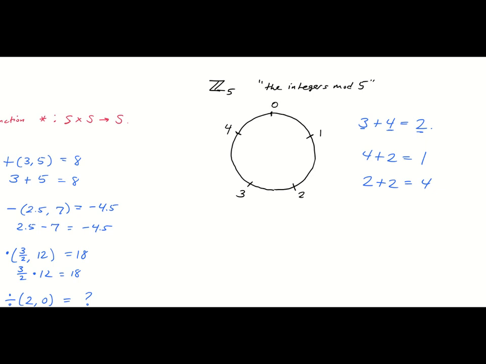But the reason I'm introducing this operation, so this is an operation on a finite set, because this set only contains 5 elements, 0, 1, 2, 3, and 4. That's the entire number system. And I have my idea of addition over here. I mean, these 3 facts don't count as a definition, but what I said earlier about counting up sort of does qualify as a definition. So what we could do is we could actually build what's called a Cayley table